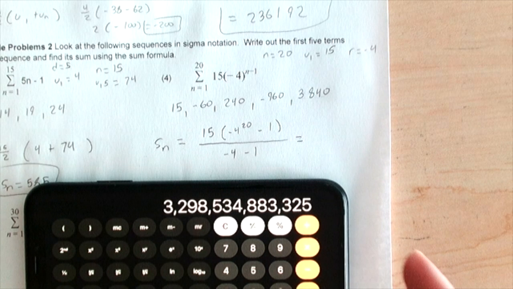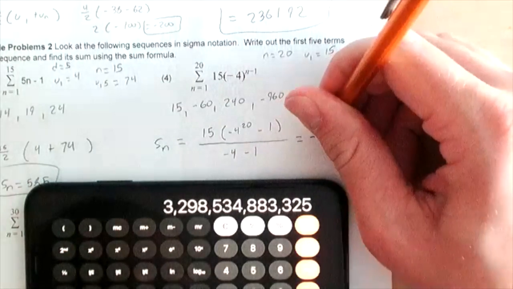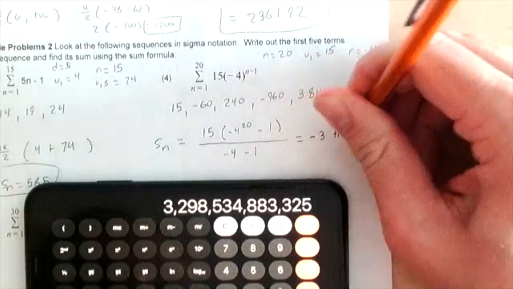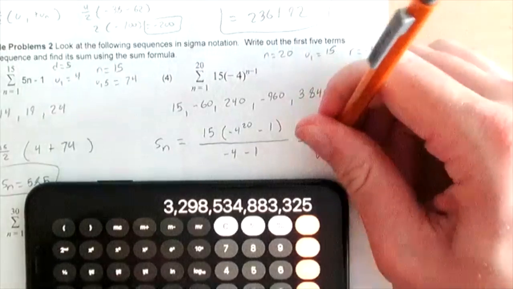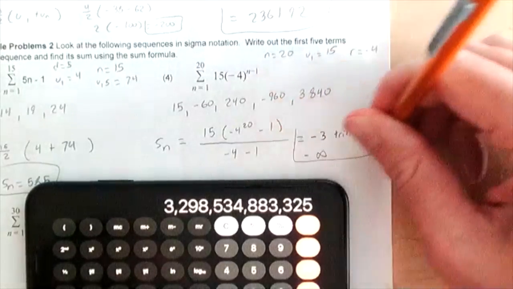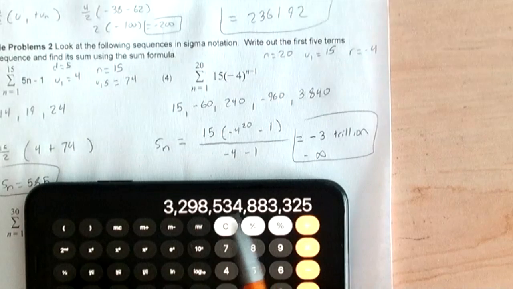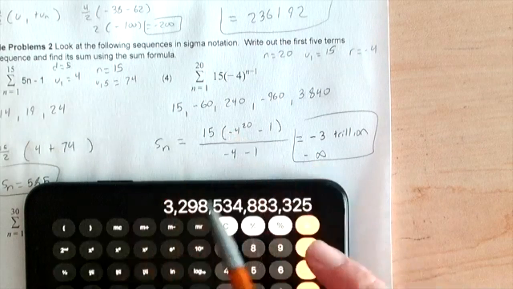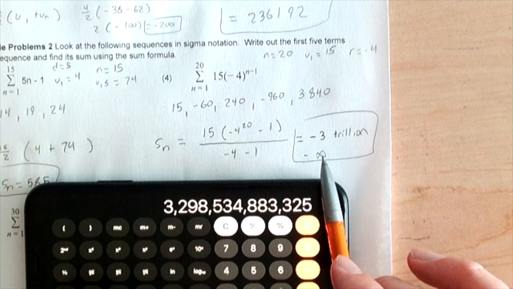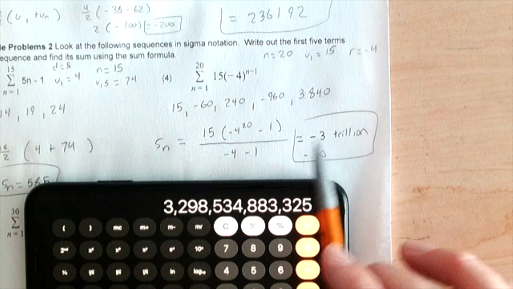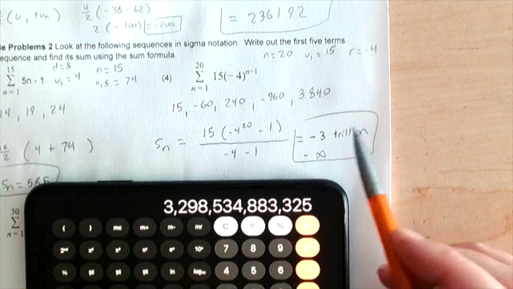And I think it's just that number, but negative. So -3 trillion. So basically what I wanted to say, and I'm going a little slow, is that if your number is ever really, really big, as in a trillion or a billion even, you can say infinity, okay? Because these numbers are kind of really difficult to get with,